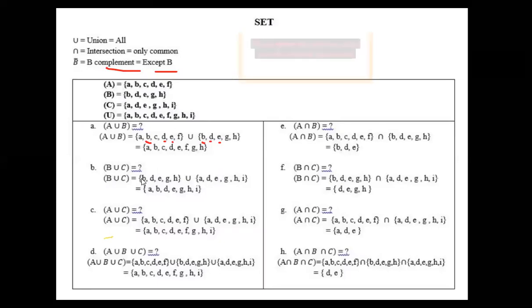So first of all, B will come or A will come? A will come. So write in A. Then B will come. Is there C? No C. D is there. After D, E comes. So E is also there. After E, F will come. There is no F. G, H is there. Okay, I is there. So write it in this way. So this is the answer of B union C.